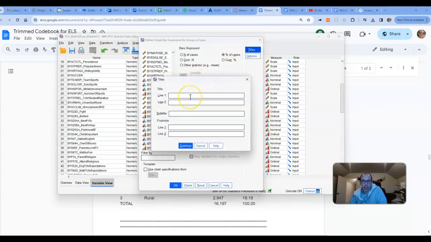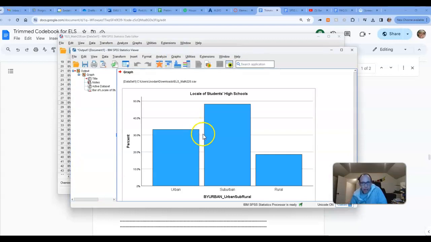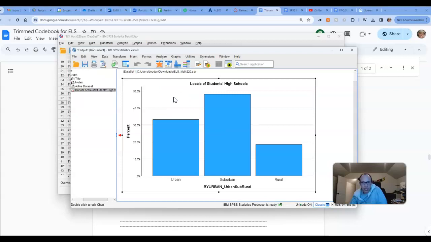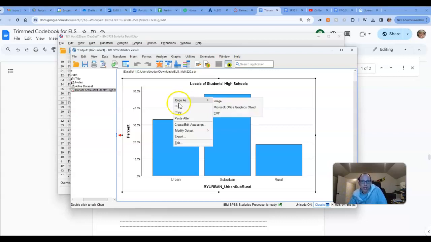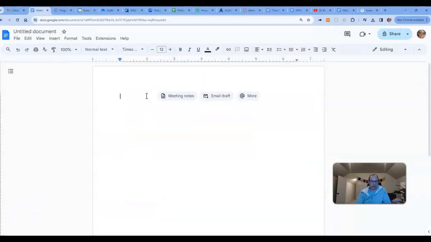And let's go ahead and add a title to our graph. In my case, it's going to be locale of students' high schools, something like that. And okay. That should create a nice little graph there for you. If you click on it and then right click or control click after you've already clicked on it once, you should be able to copy it as an image and then open up a Word file or Google Doc,